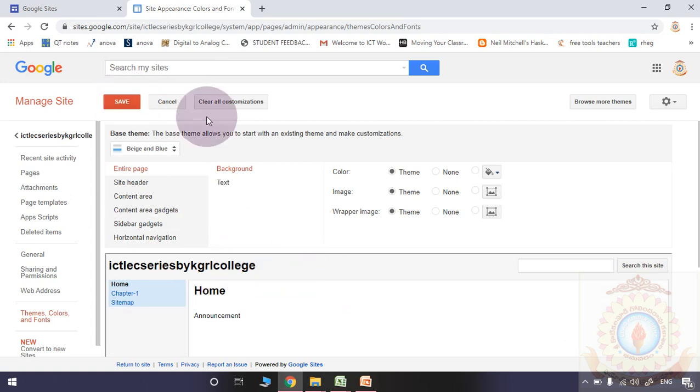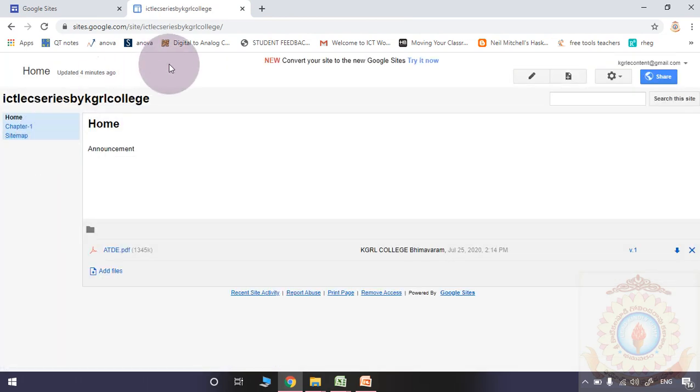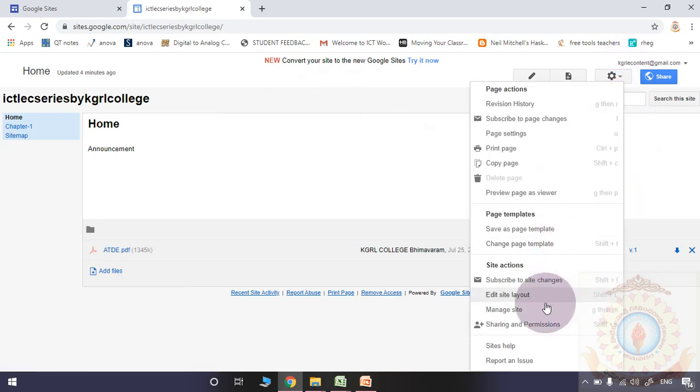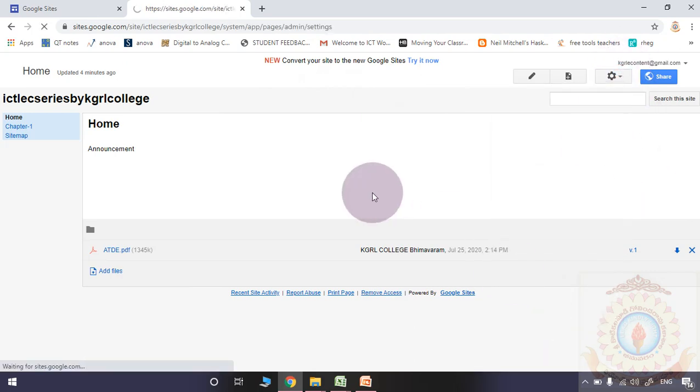Please observe, automatically the appearance is going to change whenever you are changing the base theme. Please observe, the total theme is completely changed. One more time, I want to show the same.